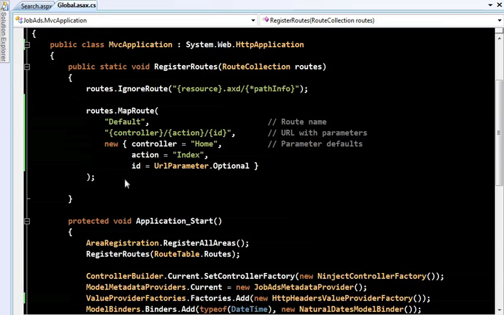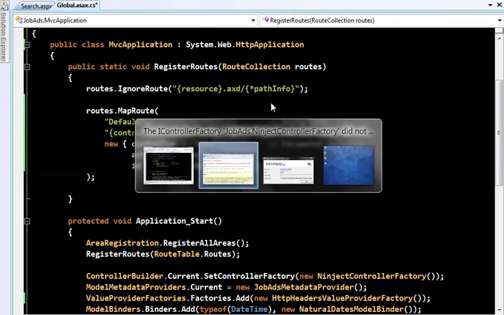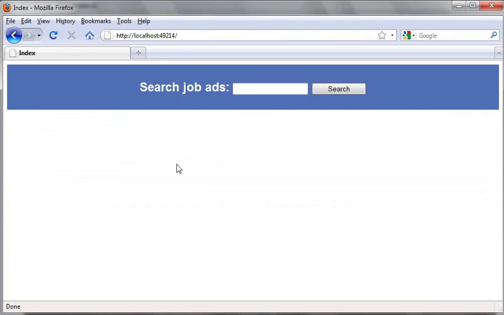And this is the default configuration that you get with any new ASP.NET MVC2 application. What it says is that if nobody has specified otherwise, then requests should be handled by a controller called home and an action called index. But in this application we don't have any controller called home. So let's start by changing the default controller name from home to jobs, since we do have a controller called jobs controller. Now if I recompile, switch back to my application and reload the root URL, by default we get the index action on jobs controller, which is much more useful.